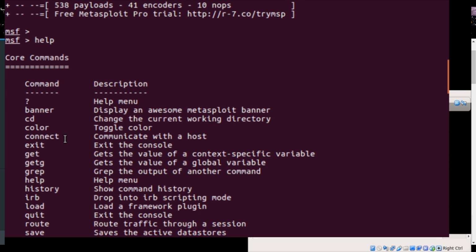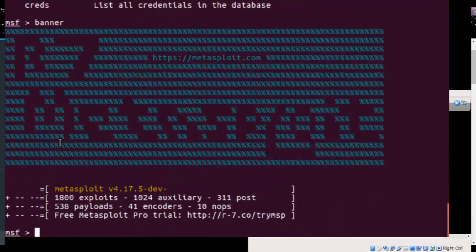And then you can connect with the host and all sorts of stuff. So Metasploit has a bunch of exploits. Before we go further, I want to make you aware of three important terms regarding Metasploit. The first is a vulnerability. We had already discussed this: a vulnerability is a situation which can be taken advantage of by a